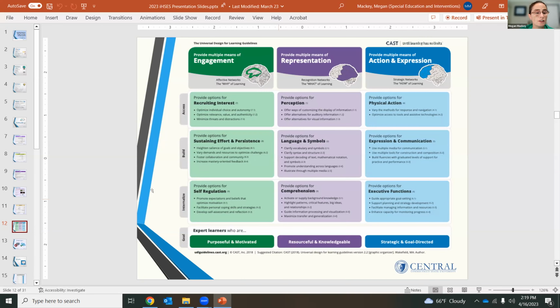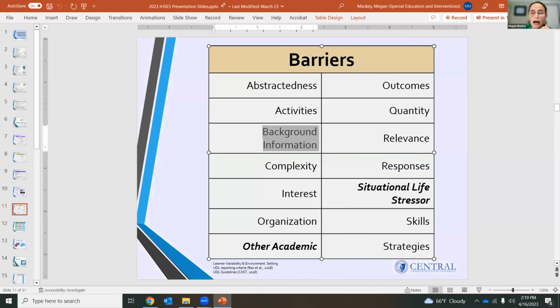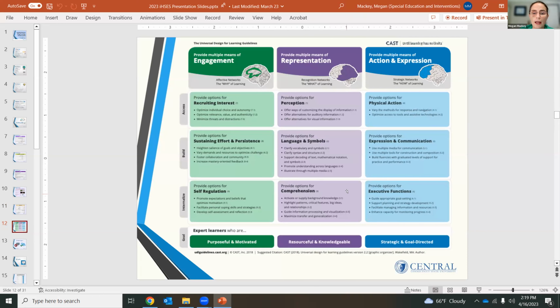So I mentioned in the previous slide, maybe I struggled as a past student because I didn't have the background information. What we'd be looking for a student to do here is to say, okay, right here under provide options for comprehension, the very first bullet is activate or supply background knowledge. So we were looking for students to make that connection and say, I didn't have the background knowledge. The Universal Design for Learning guidelines specifically say you need to activate background knowledge in a student, and if they don't have it, you have to give that to them. So we were looking for them to make that connection. That was the first step in the process that we were looking for.